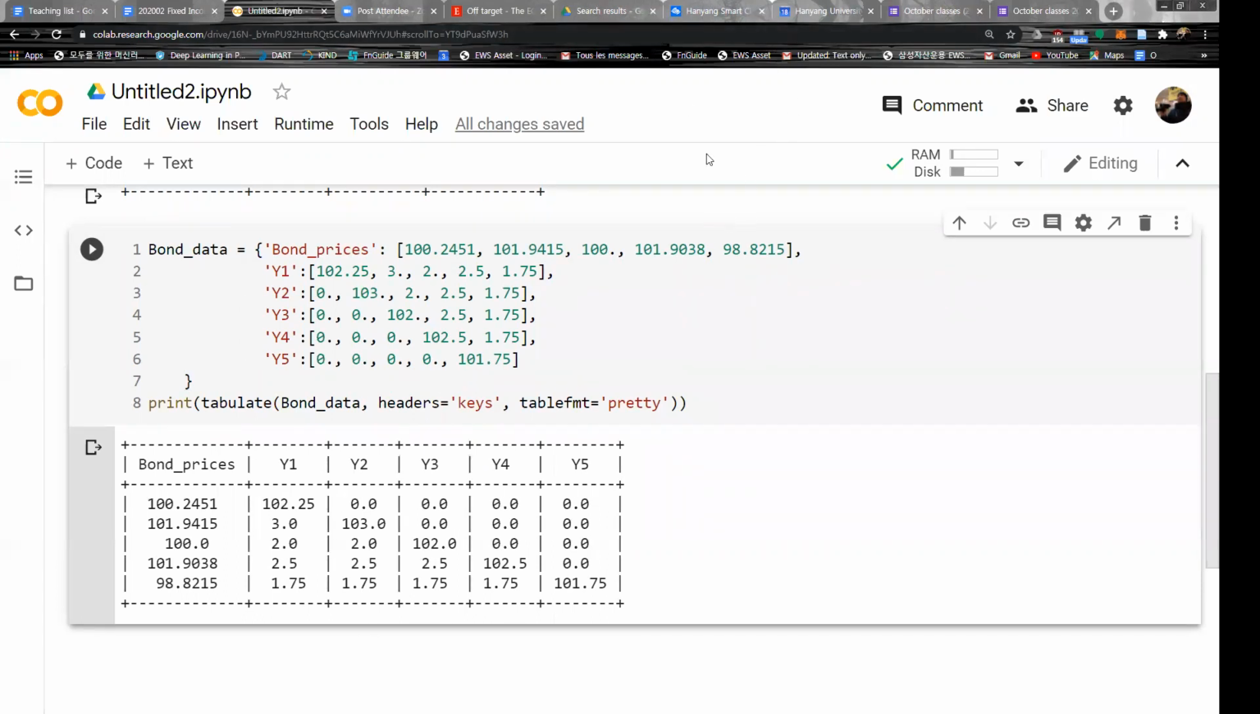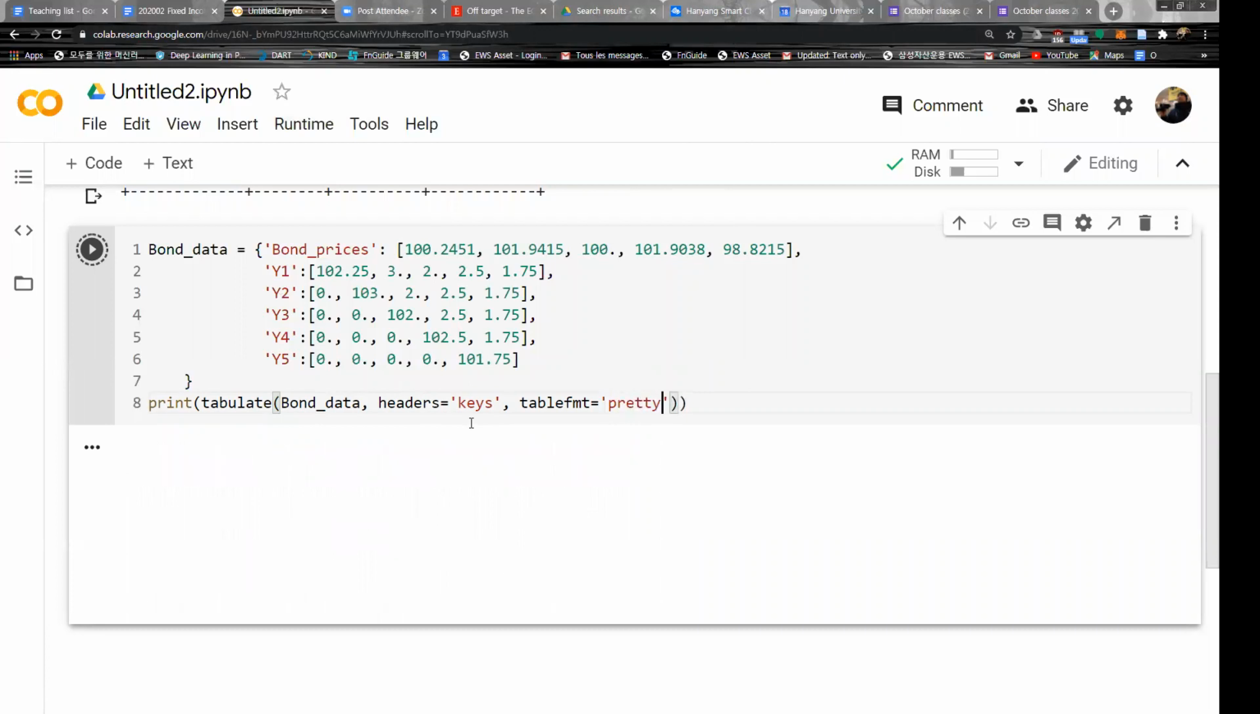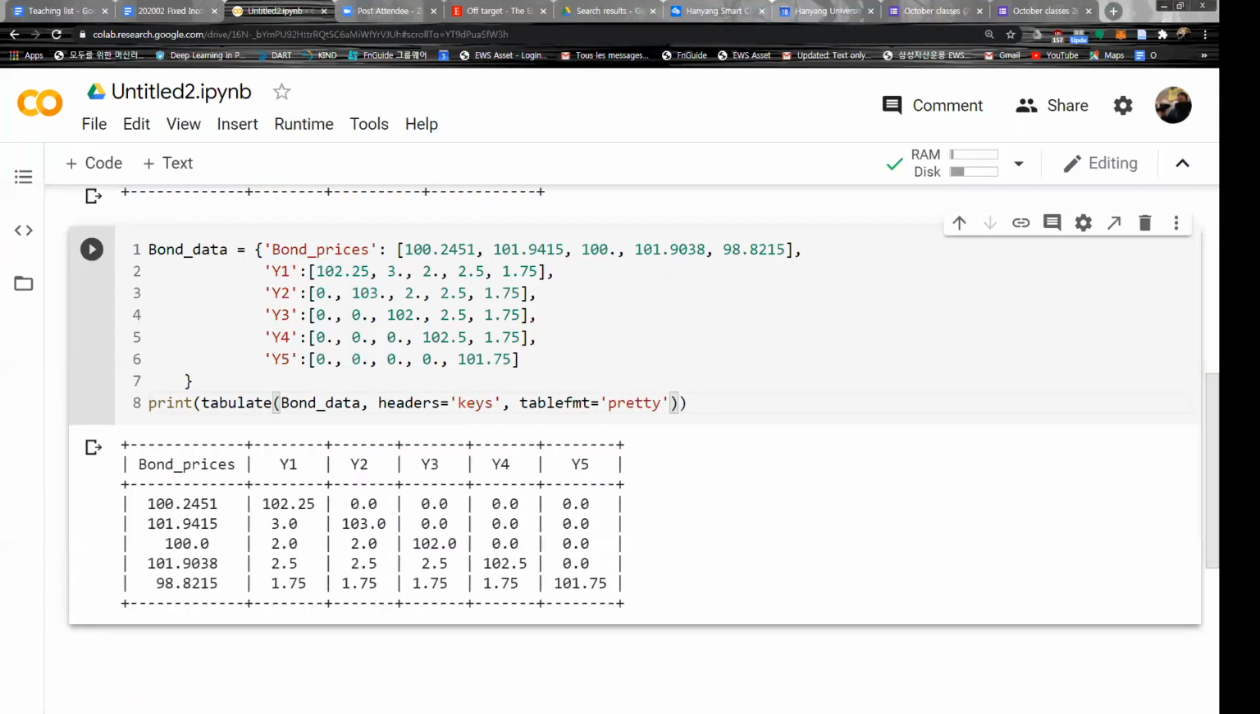Actually, instead of pretty format, let me write PSQL. They are similar, but now for the decimal point, I have them ordered, so they are aligned at the decimal point. Actually, pretty is better. And then the next one is, okay, so we know